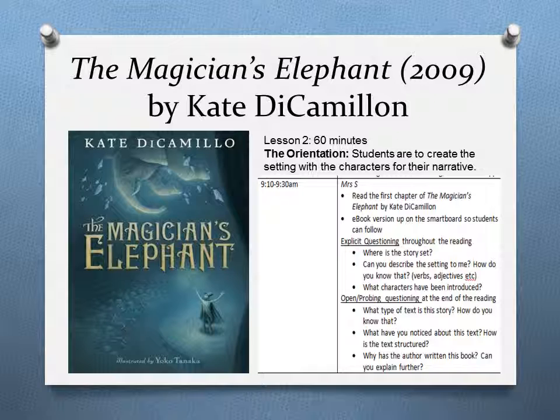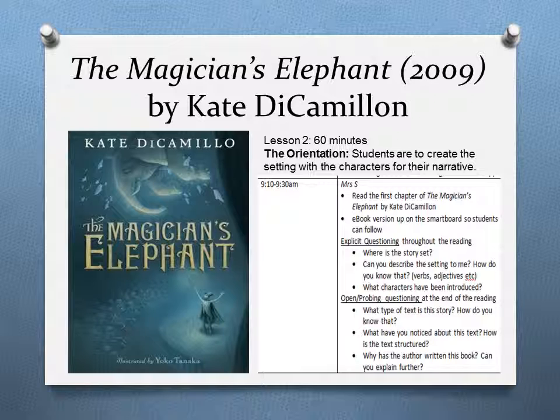To introduce the concept of a narrative and increase the students' reading levels in Year 4 and 5, for 20 minutes at the beginning of each lesson, we read a chapter of The Magician's Elephant by Kate DiCamillo. The Magician's Elephant was chosen because of its storyline as it relates to the overall learning intention. Also, the structure. It's a narrative with a clear orientation, complication, series of events and a resolution, and can be read along and correspond with the students' learning intention for that lesson.